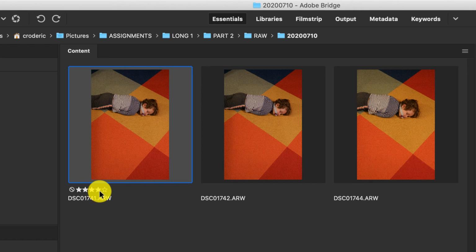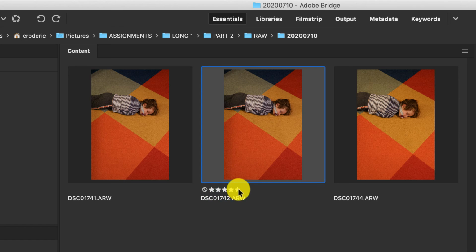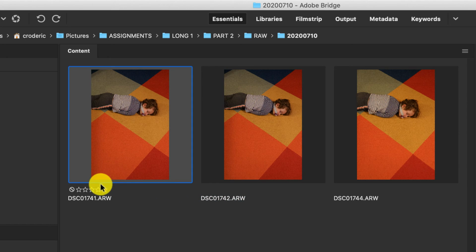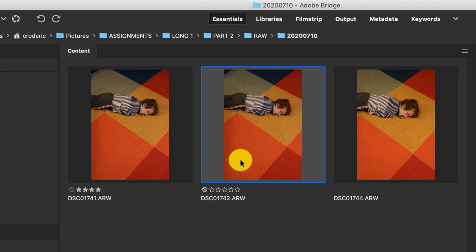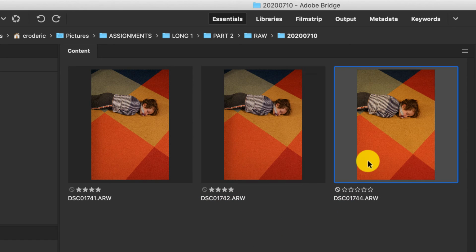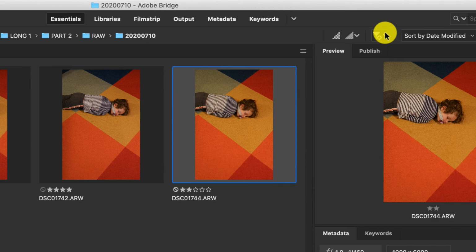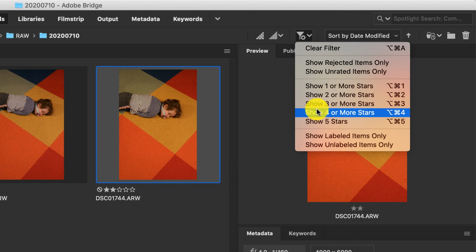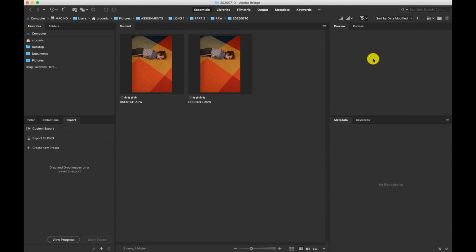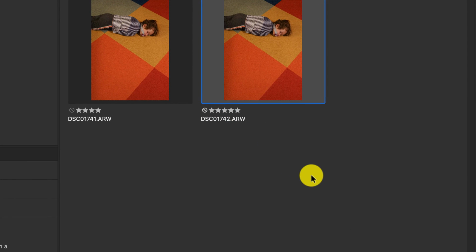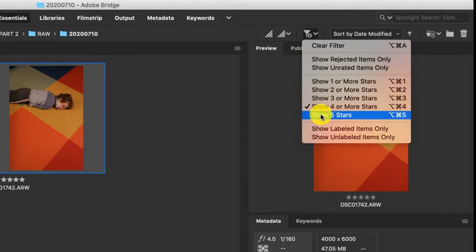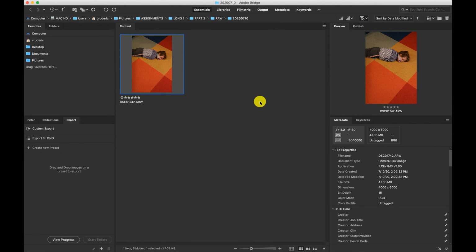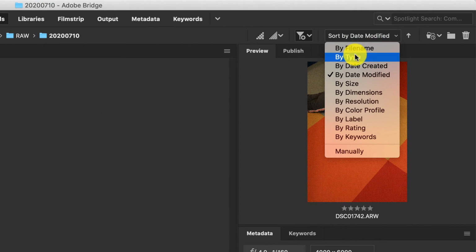Now the last thing that you may care about when looking at some of this here is that you can actually rank these images. So say I want to do 4 stars for this one and 4 stars for this one, but I only want this one to have 2 stars because I don't really like it, but I'm not ready to delete it yet. So I can, up here, organize and only filter the 4-star images, so it'll only show that. Maybe I really like this one, I want that to be 5 stars now. I can show only the 5-star images, and so on. You can also sort things by different